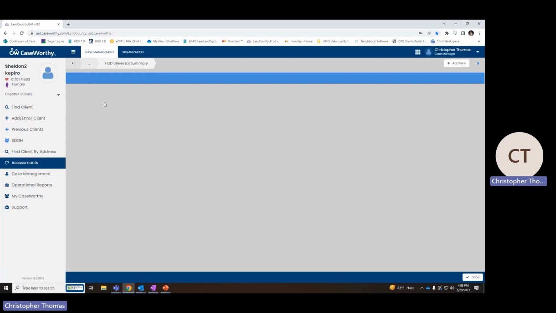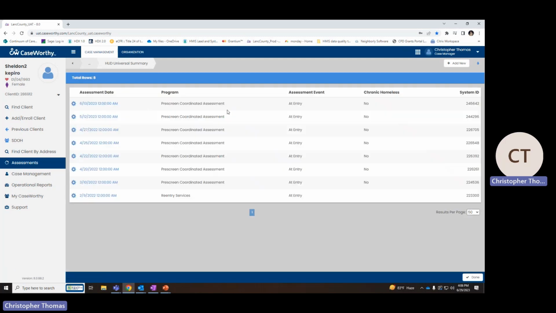This will now show me a list of every HUD Universal assessment in EL for Sheldon, when the assessment was completed, and what was his chronic status. So all of the assessments have been filled out. For Sheldon at this point, have chronic no. We can take a look at one here and see why that might be.